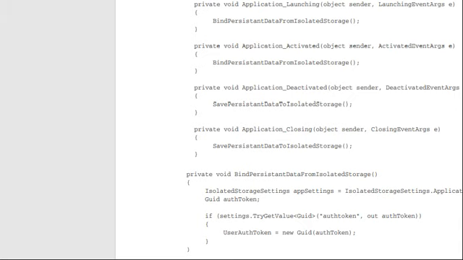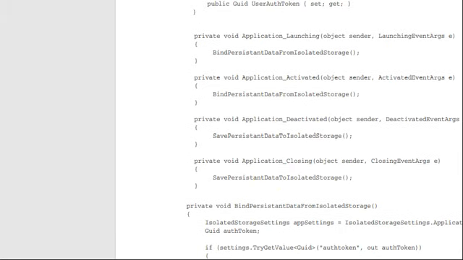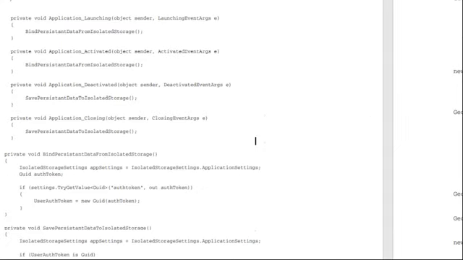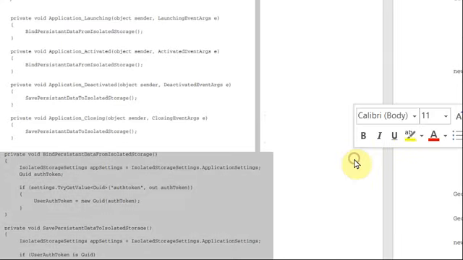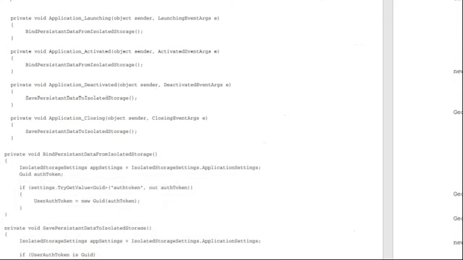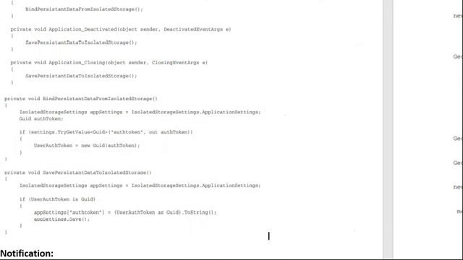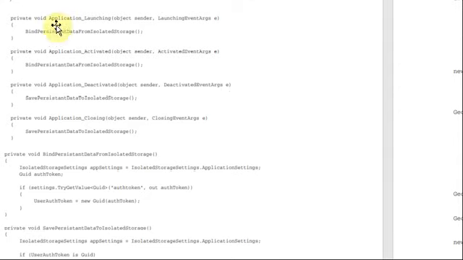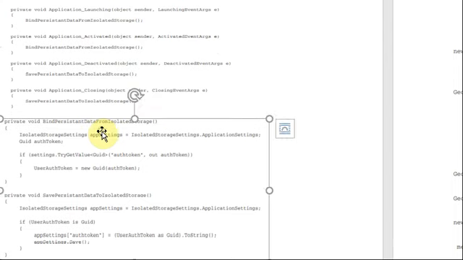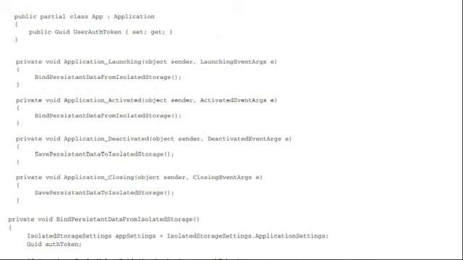Let me show the code. So we have the code here.